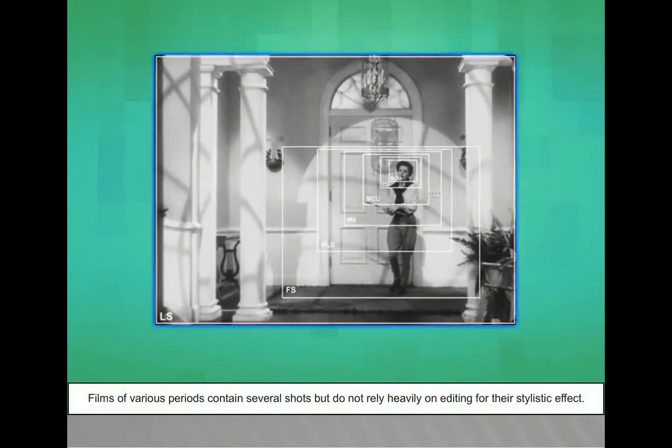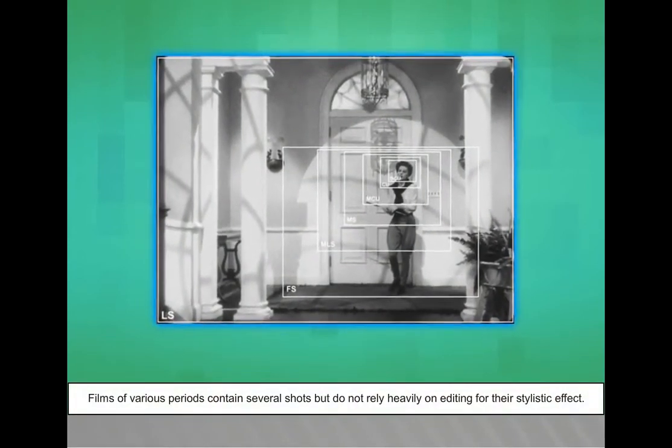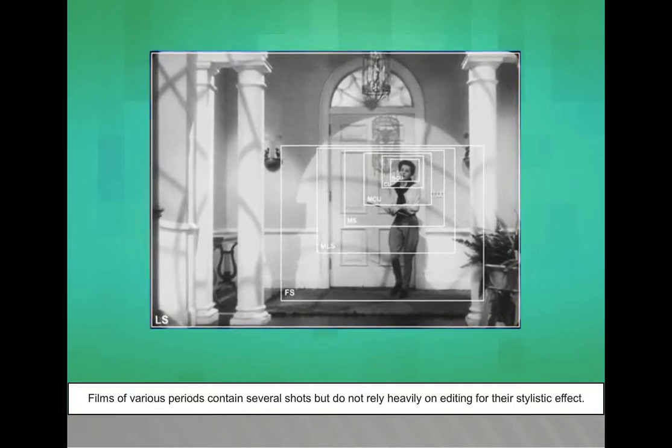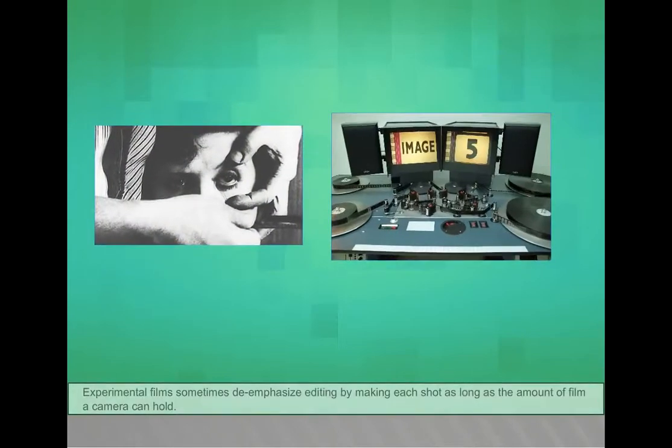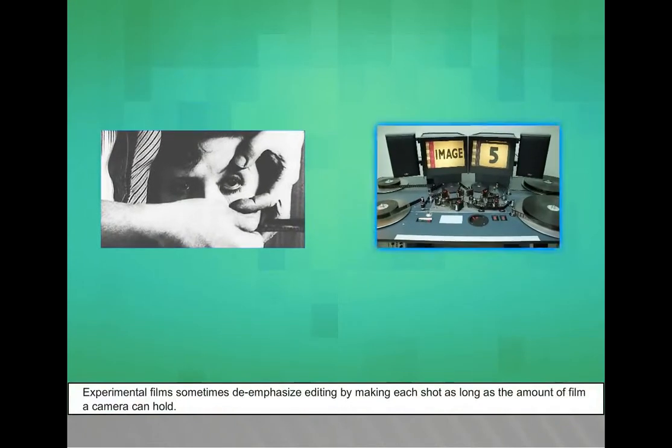Films of various periods contain several shots but do not rely heavily on editing for their stylistic effect. Experimental films sometimes de-emphasize editing by making each shot as long as the amount of film a camera can hold.